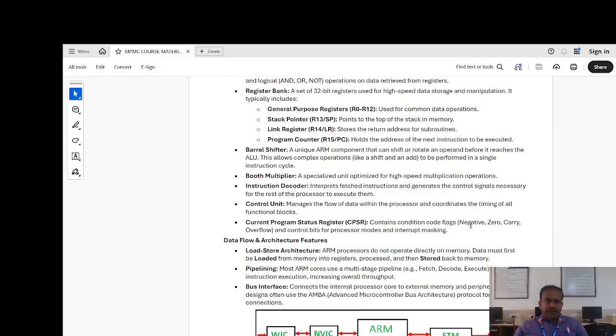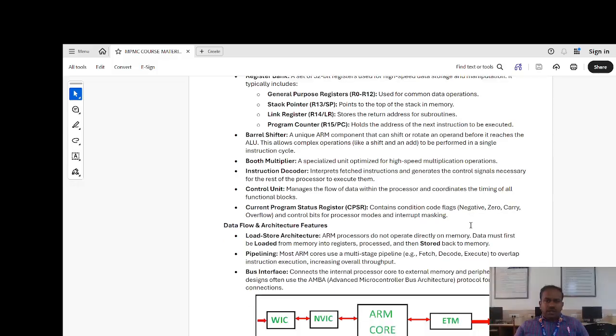Then the Booth multiplier, a specialized unit for optimized high speed multiplication. The high speed multiplication process can be used with the Booth multiplier for high speed data transfer also. The instruction decoder interprets the fetched instruction and generates the control signals necessary for the rest of the processor to execute them. Then the control unit manages the flow of data within the processor and coordinates the timing for